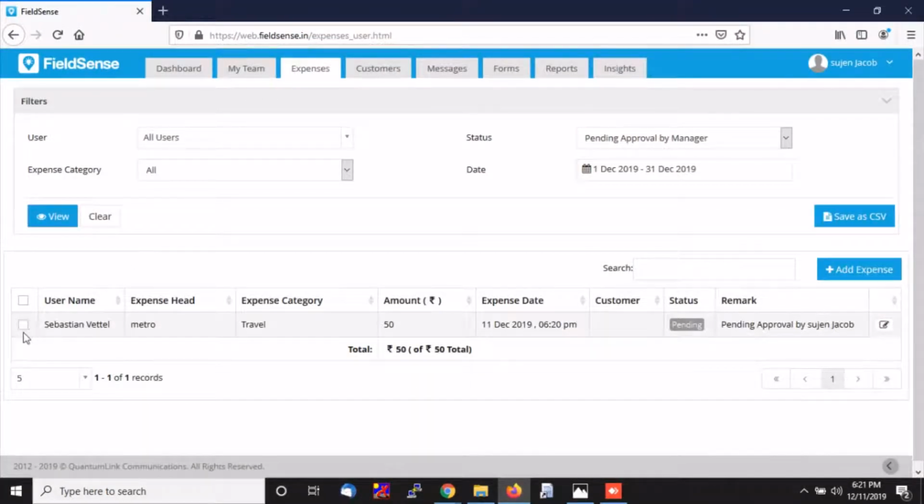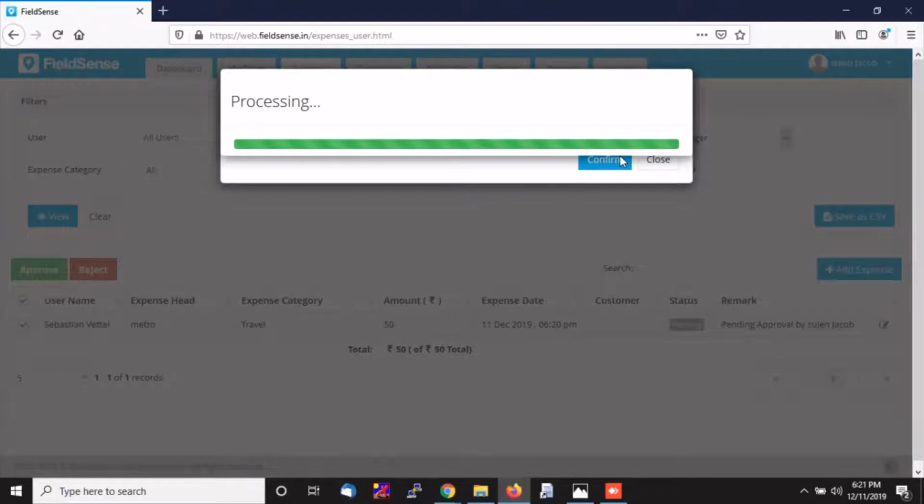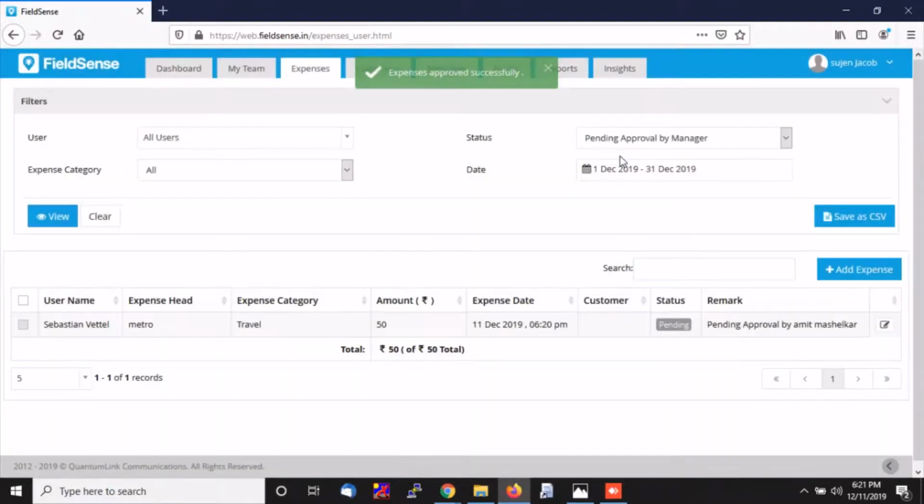You can see Sebastian's expense is visible over here. Now we'll approve it. Once approved, it will be sent for second level approval, that is the VP Amit Mashelkar. It's successfully approved.